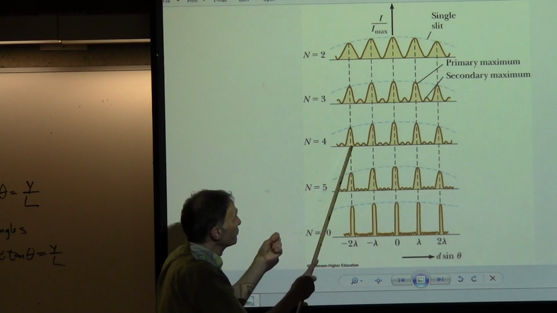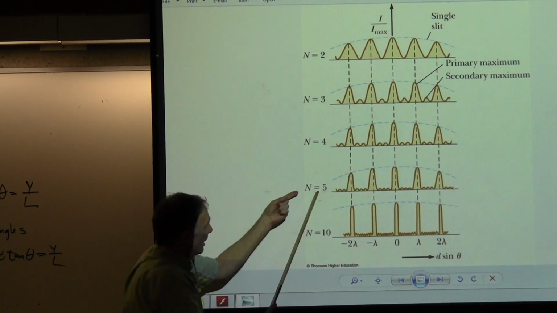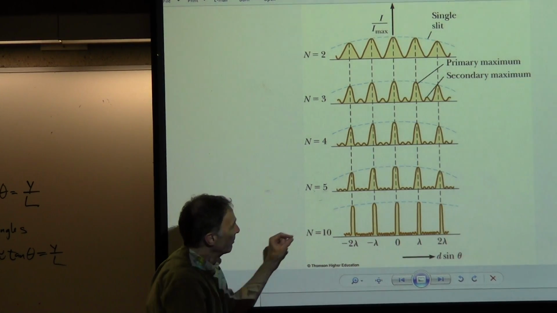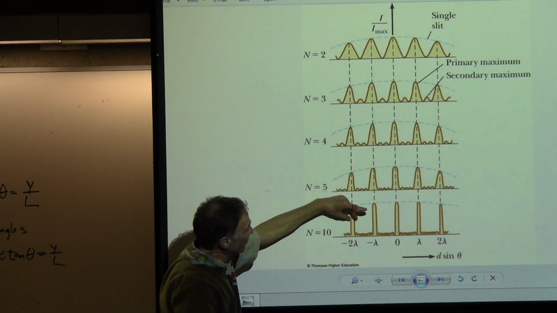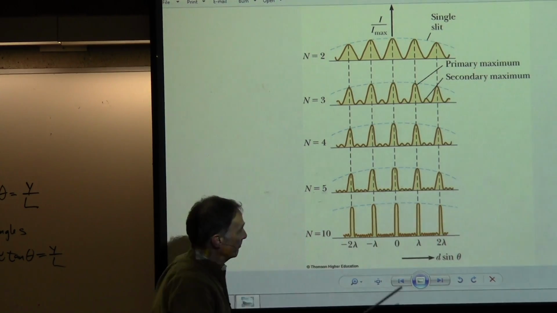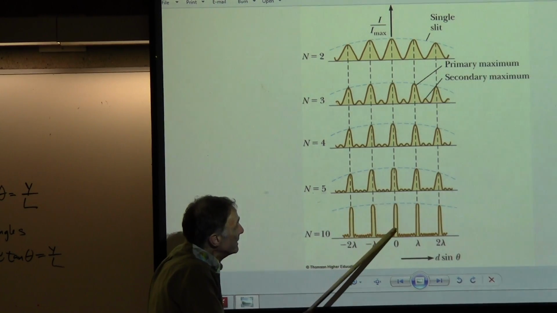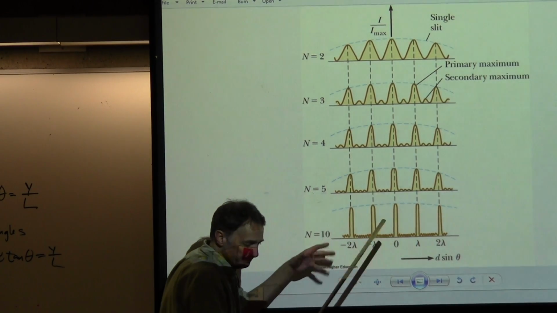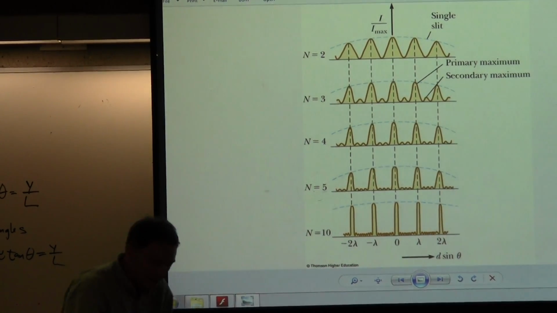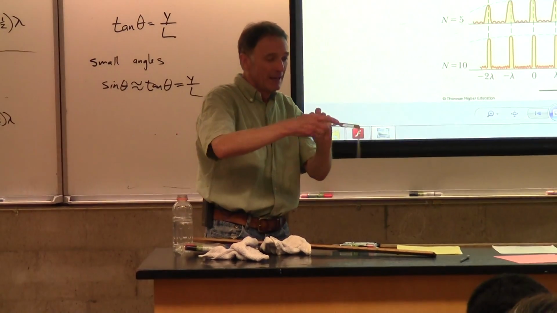If we go to 4 slits, we get, again, secondary maxima here. Here's 5 slits. We get n numbers of slits. These start to wash out. And what happens is we get a finer, more sharply defined maxima where we're located. This is very good for when we're dealing with diffraction gratings. If we have a diffraction grating, we have a great number of these things. For instance, the little toys we were playing with, I use these in demos. These have got